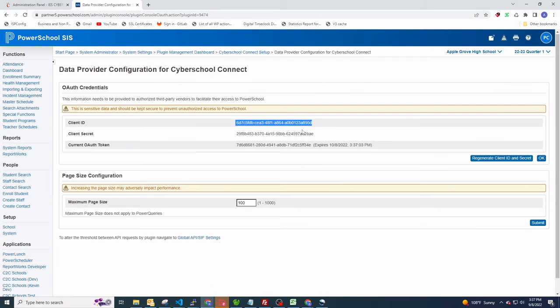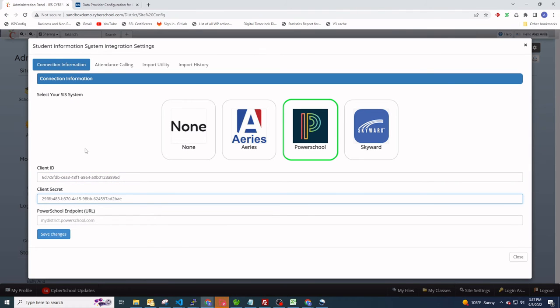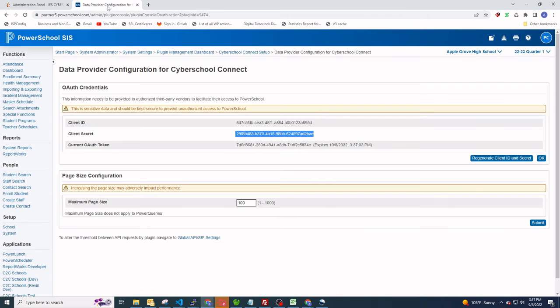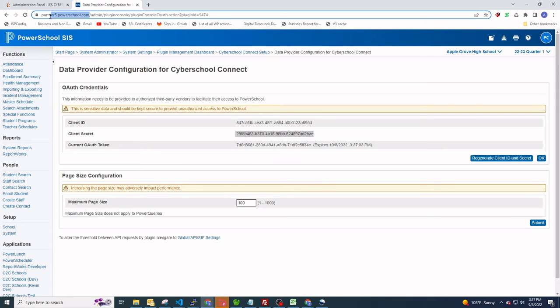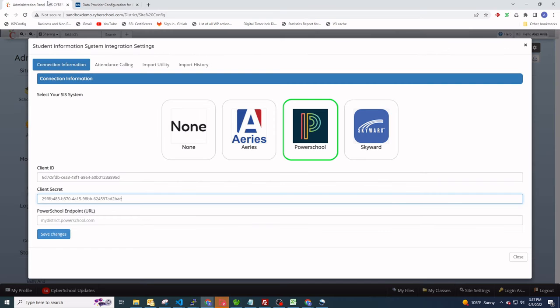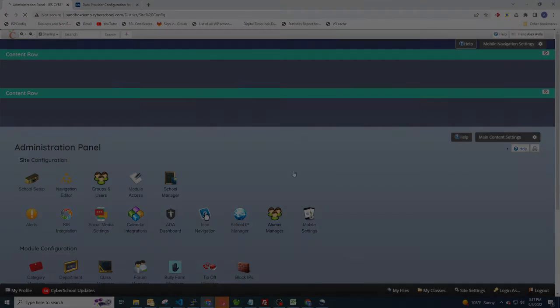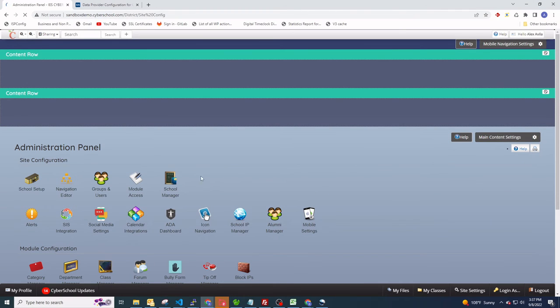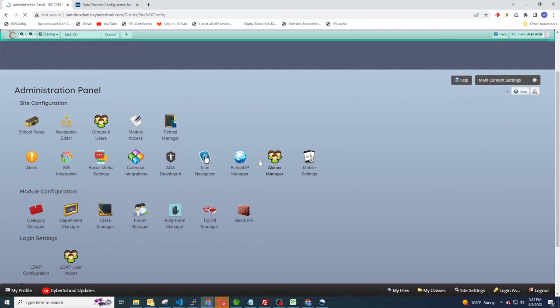Client ID and client secret. Okay. And the last thing I need is the PowerSchool endpoint URL. That's going to be this partner5.powerschool.com. Okay. I'm going to hit save changes. Okay. Now that that's been saved,